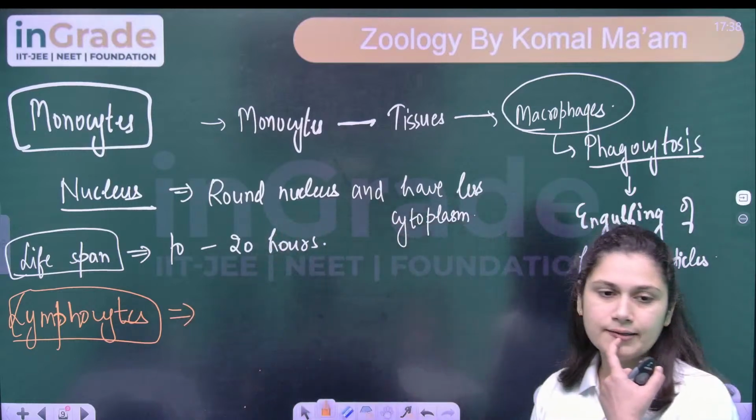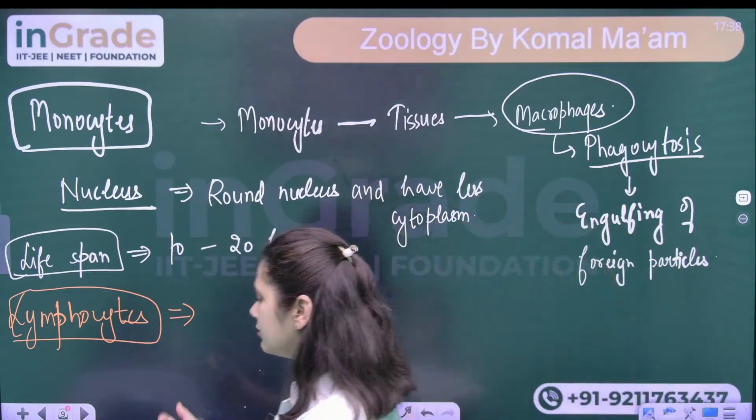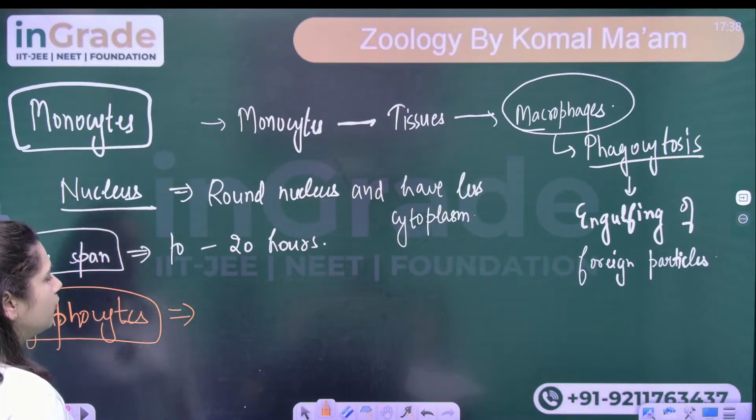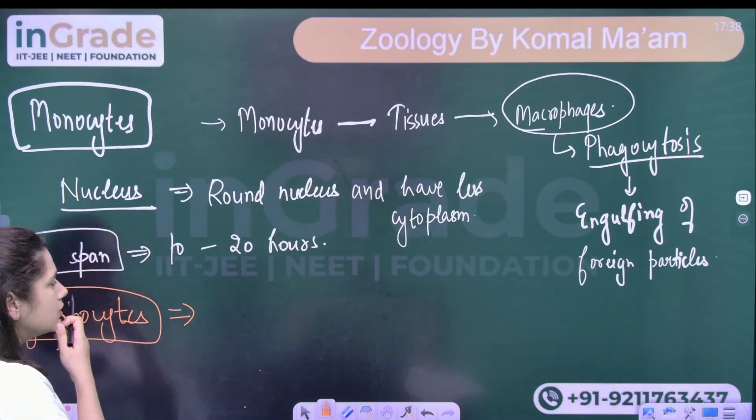What are lymphocytes? See, if we talk about lymphocytes, they are the second most abundant WBCs in your body. And if we talk about their